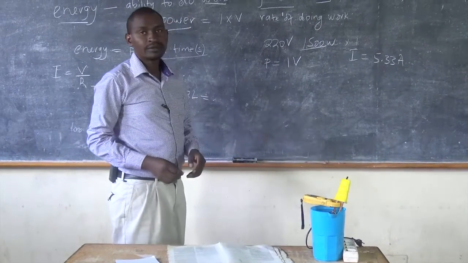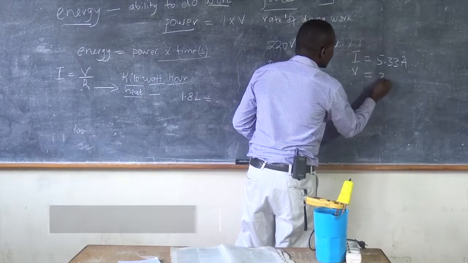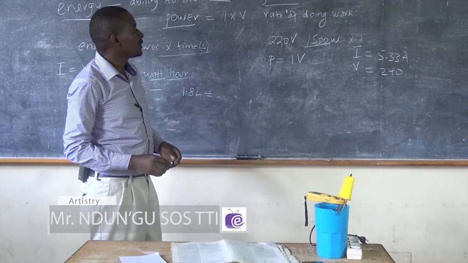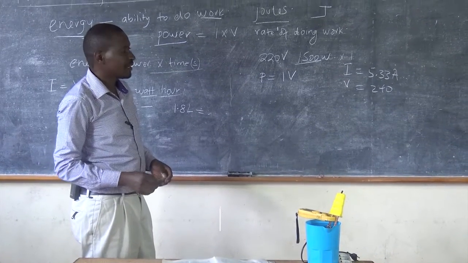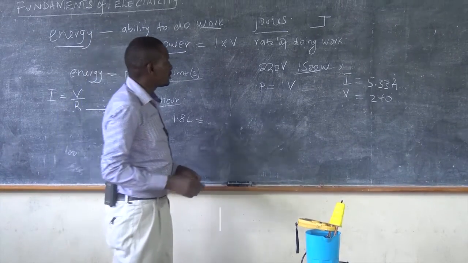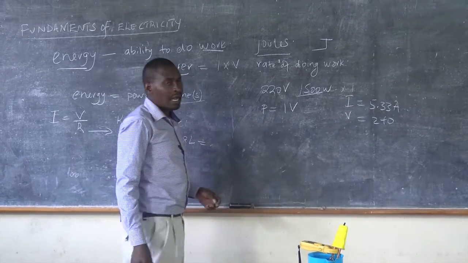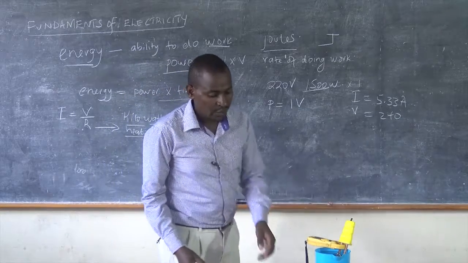Our voltage was, and it still remains, 240. So from that, we can calculate the amount of power that our heater is developing, and it means that we multiply 240 times 5.33, and we get